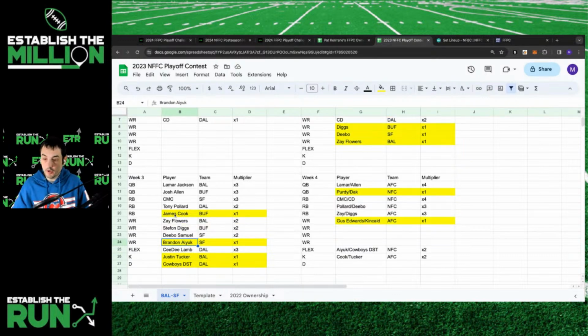Then in week 3, who I would add, well, James Cook versus Gus Edwards is tough, and you might do this based on ownership. But right now I'm planning on adding James Cook week 3 for Buffalo, Ayuk week 3 for San Francisco, and then go kicker defense for Baltimore, Dallas. They don't have like an amazing third player. So I think you could survive with Dallas DST, Baltimore kicker in the Super Bowl on a ×2, and